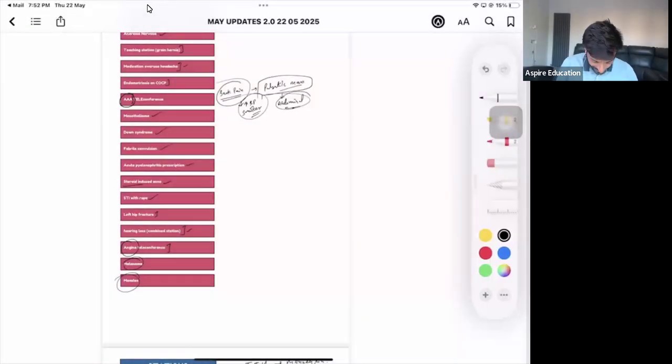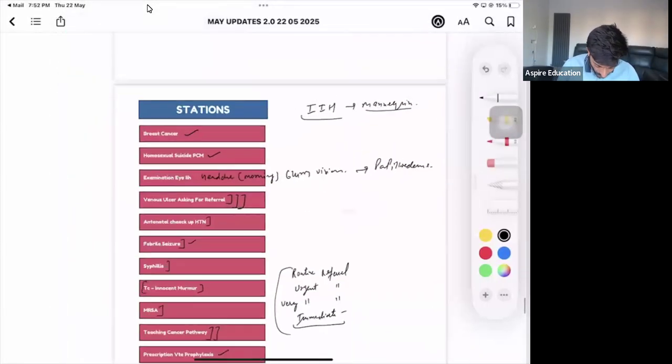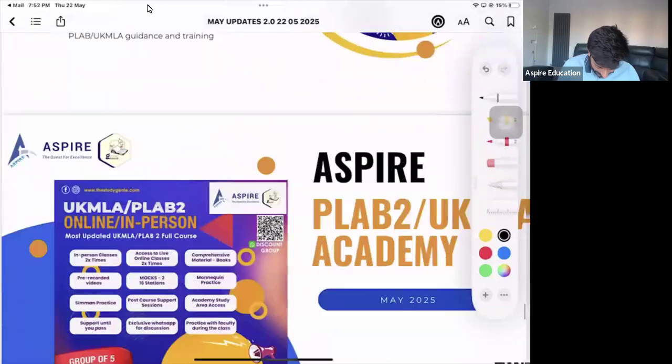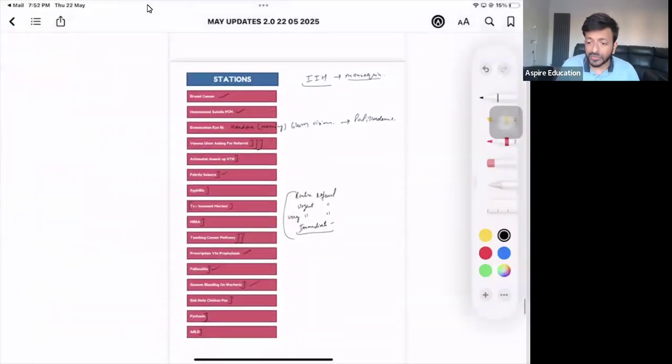Okay. Right, guys. So that's the main thing. I just want to know, do we have anybody who's not from Aspire, or are all of you Aspire students? Tell me in the chat box. Okay, so most of you are Aspire candidates. Good. Not from Aspire yet. Okay, some of you are Aspire, some of you are not.